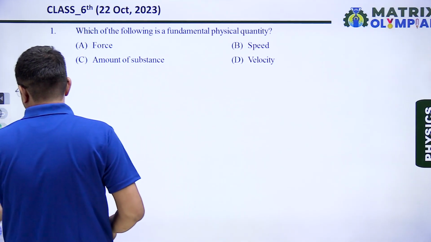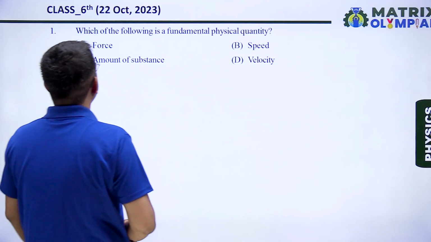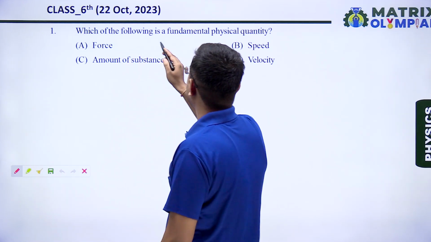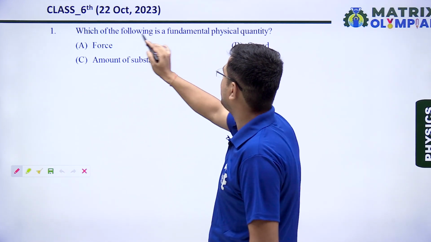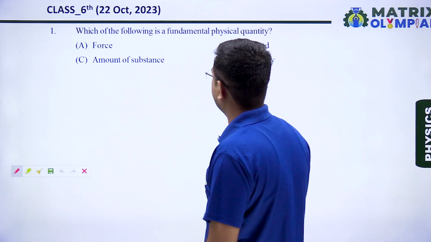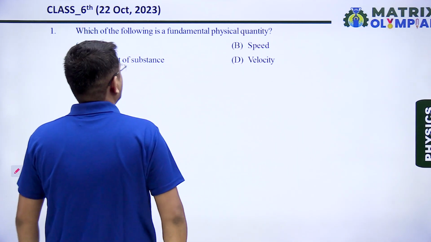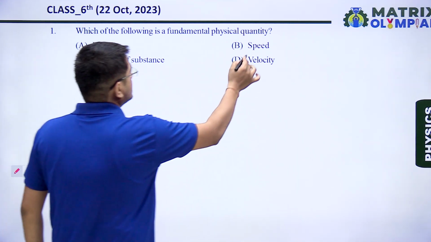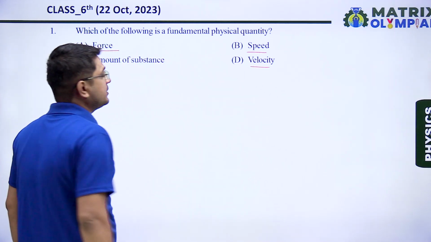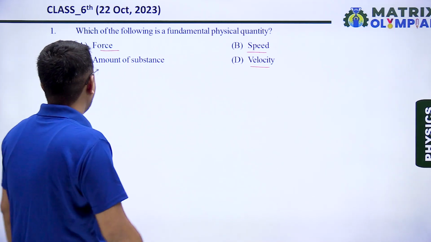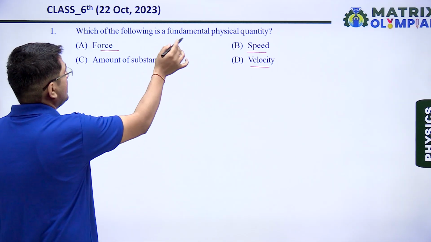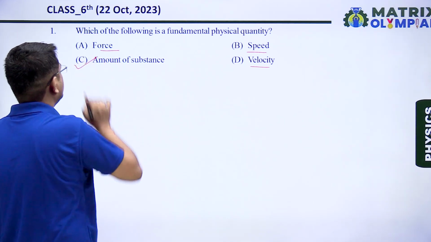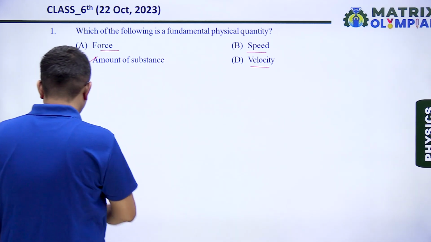So we have our question number first. In question number first, it is said which of the following is a fundamental physical quantity. So we can see here force, speed and velocity are derived quantities and amount of substance is a fundamental quantity. So correct answer is option C. Next question